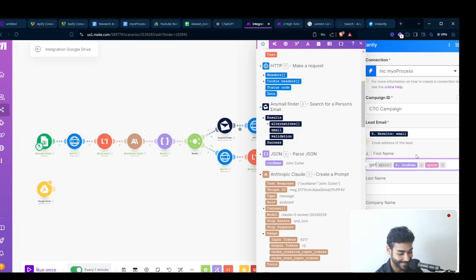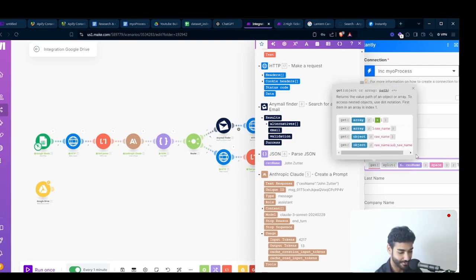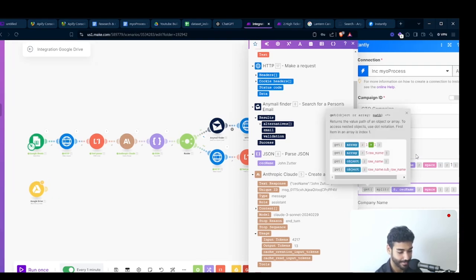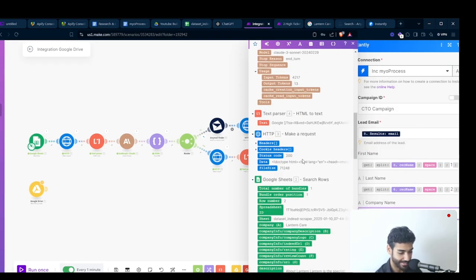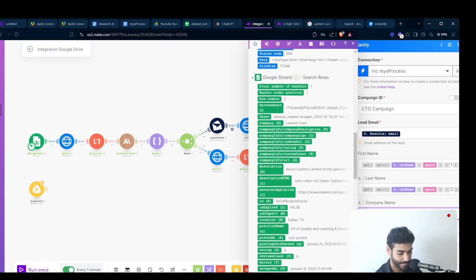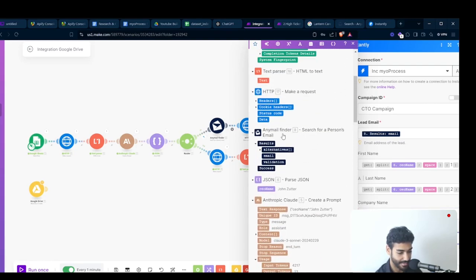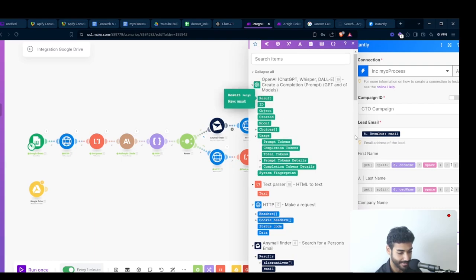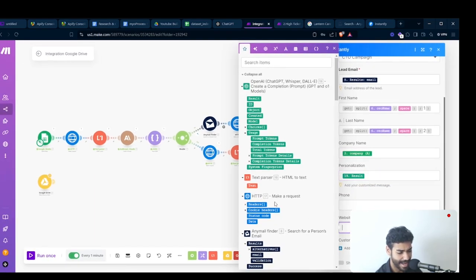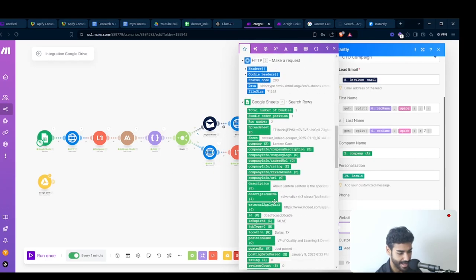And then we're gonna get the first one, and then again we're gonna get the second thing. Company name is going to be our company name, which is this company name. Personalization is going to be the results. And I believe that's pretty much it. Yeah, let's actually add the website,